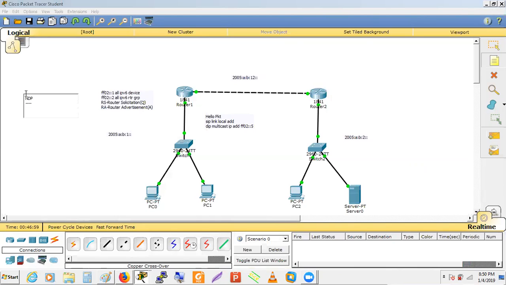NDP stands for Neighbor Discovery Protocol. In case of IPv4 we were using ARP, but we don't have ARP in case of IPv6, so we use NDP instead of that. So guys,